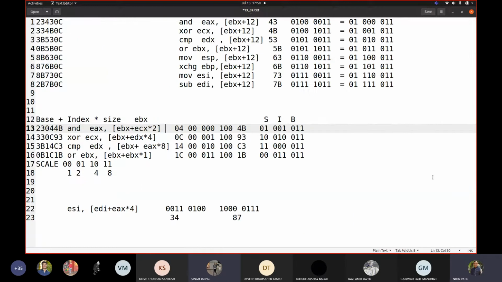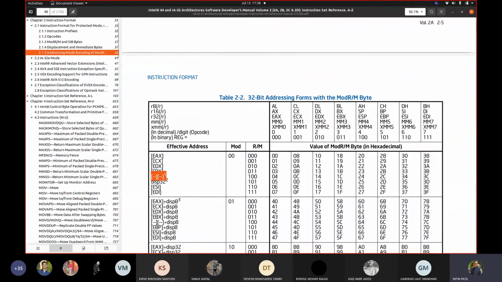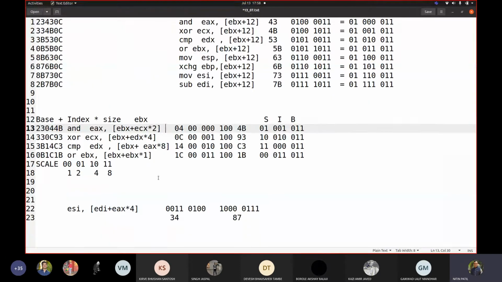Okay, it could be anything. We don't know. This would be included in square brackets, and it is not a single register like EAX, ECX, EDX. It is something different, right? Which we don't know. And if you see, there are two square brackets. Ultimately, you are trying to say it is kind of a matrix element. A two-dimensional matrix, right? So how do you calculate a two-dimensional matrix? How many bytes are you going to move further? That's why this 100 was kept common.